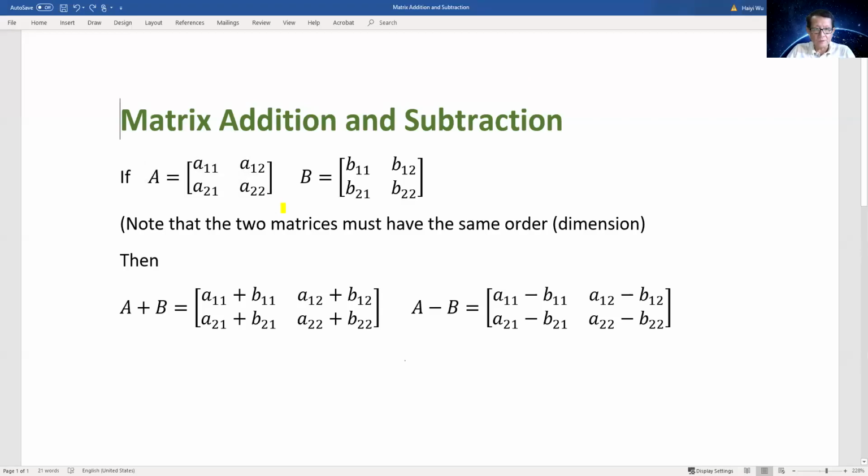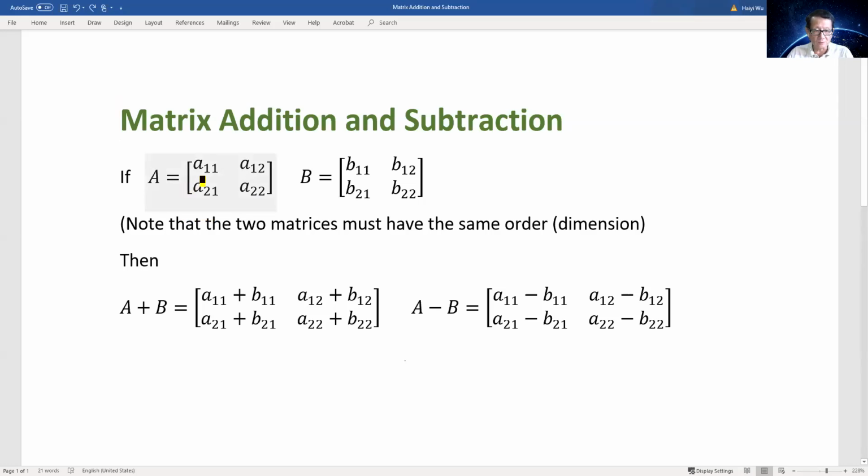Hello. Today we are talking about matrix addition and subtraction. We can add two matrices together if they have the same size, or dimension, or order. So, for example, if we have a first matrix